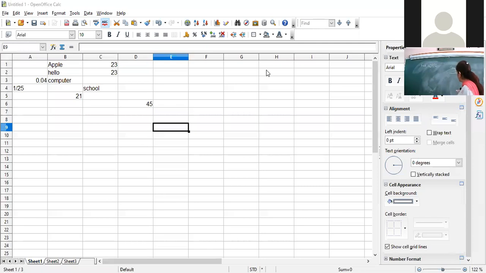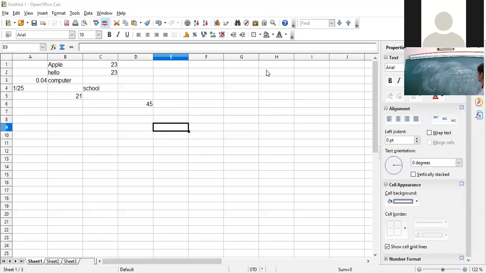A1 is equal to, A1, B1, C1, D1, and then using the cell addresses we will make a reference. So write down A1 equal to 20, B1 is equal to 21, C1 is equal to 3, and D1 is equal to 2.